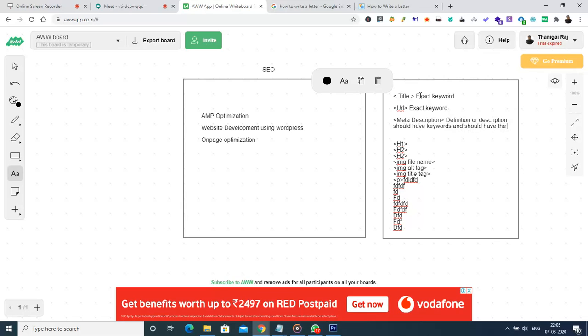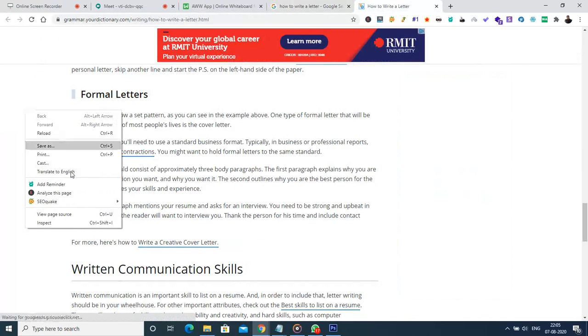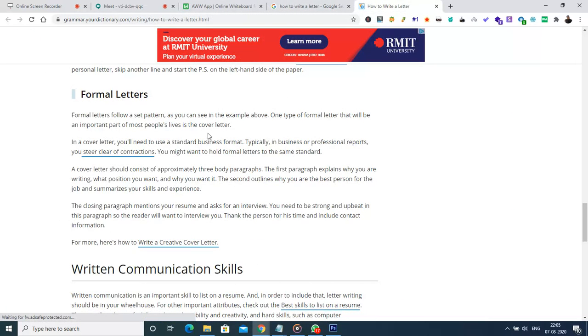For an example, let us take the how to write a letter page, and let us go for the description part.